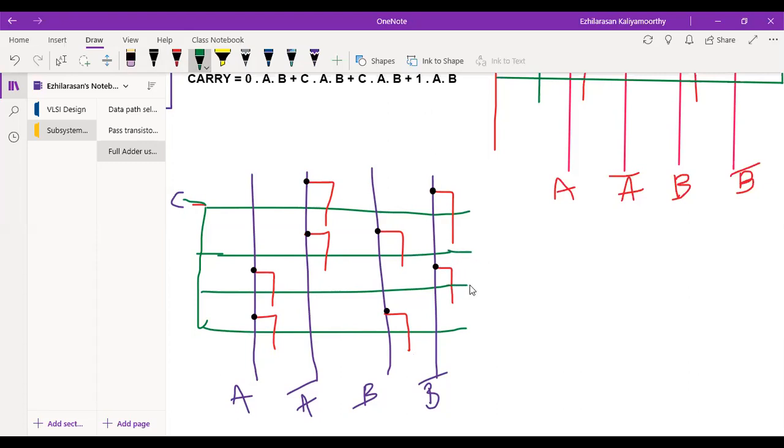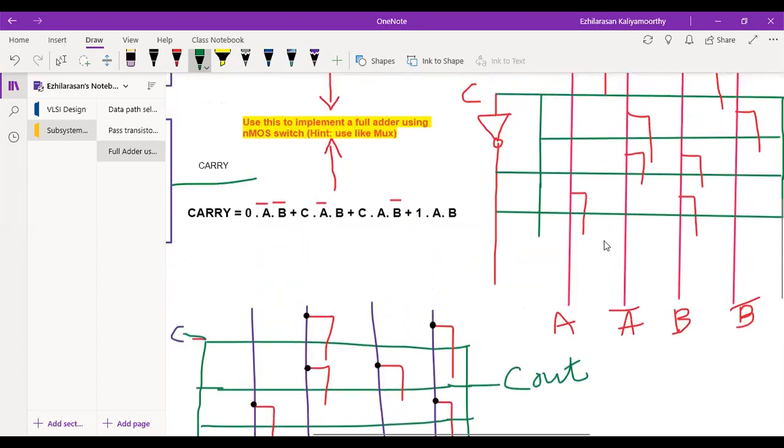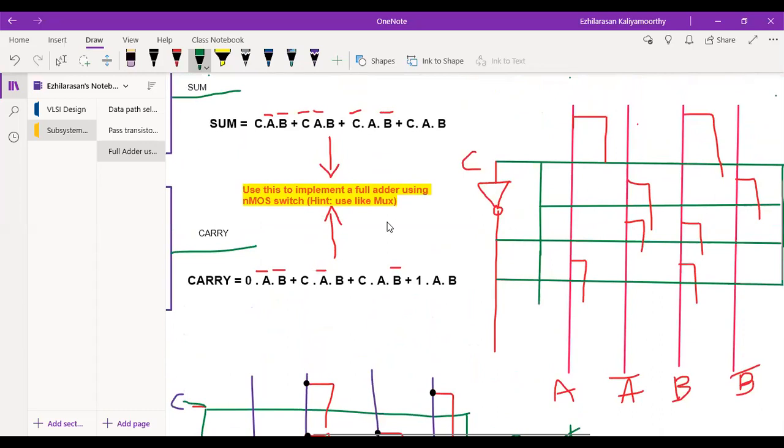This is your carry. Finally, I'll take the output here, which is our C out. See, this is the C out. Same fashion, you see the sum. Sum is done the same way we did it earlier.